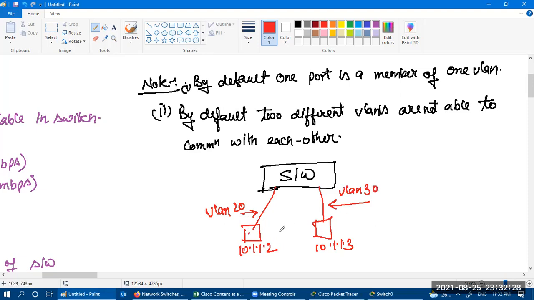So these two VLANs are not able to communicate with each other by default. If I'm saying by default, that means by default it is not possible. But if you want, you can make communication between them. That communication is allowed, but by default it is not allowed.